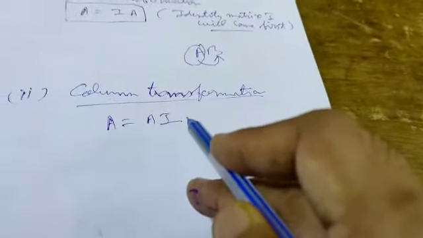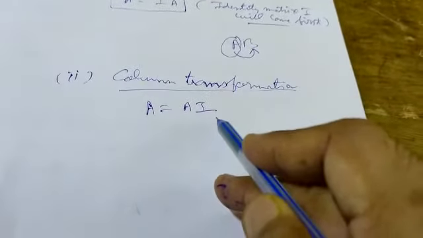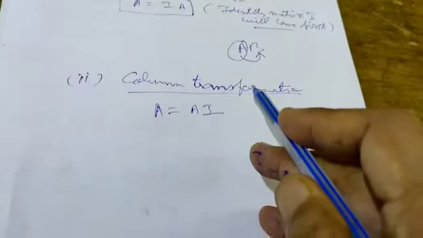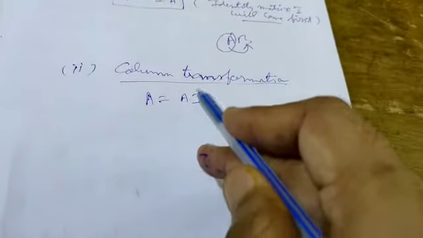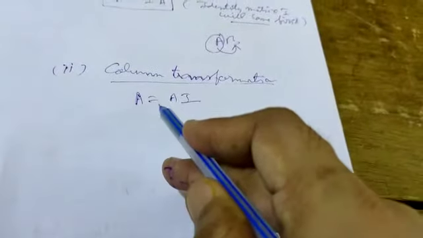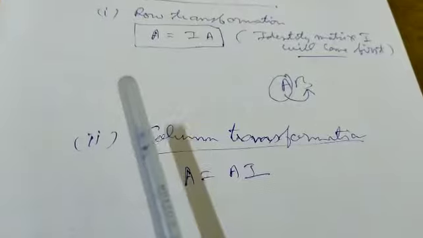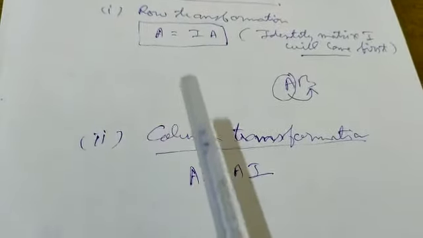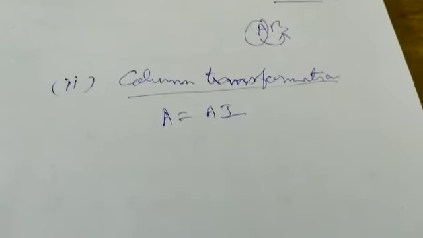In this way of finding inverse of a matrix, we are working only on the identity matrix I. Since it is column transformation, and in matrix multiplication columns come from the second matrix, take I in the second part. Do not take I earlier. I is to be taken after A. So this rule is very important one. Do not mix them up. For row transformation, again I am repeating, we will take A as I into A, and for column transformation we will write A as A into I.